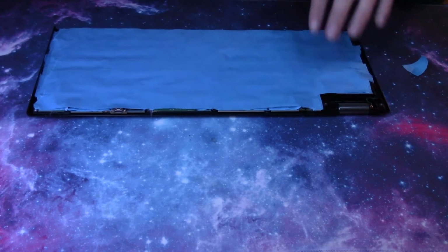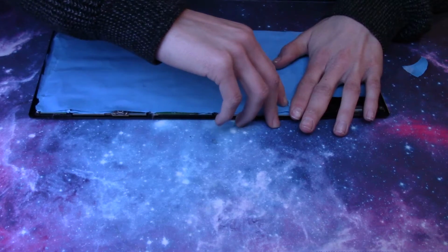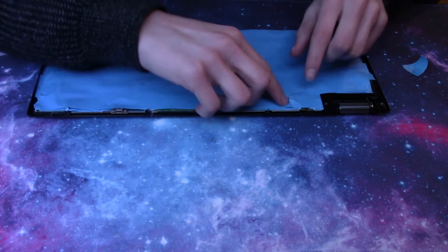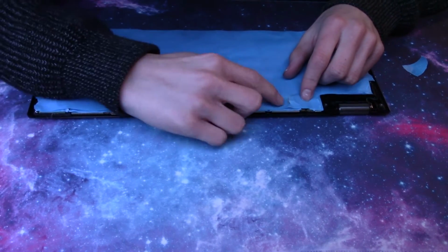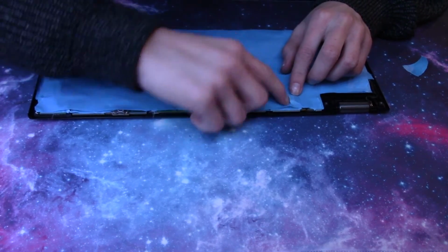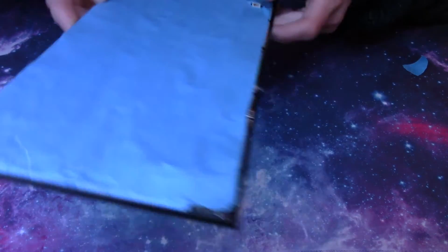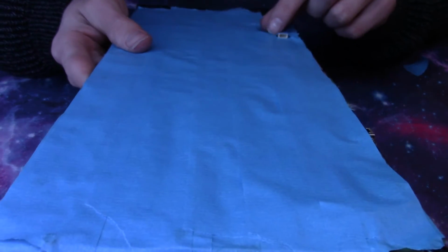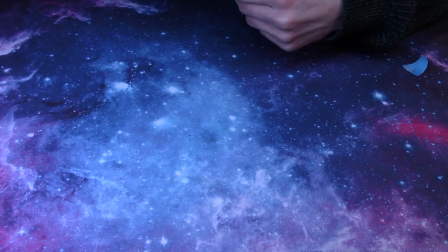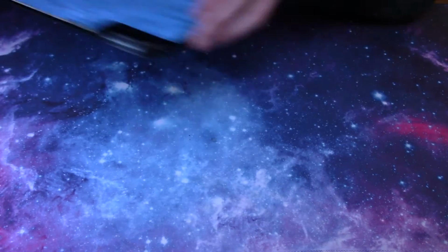Lay it flat, and then you can use your nail and just kind of poke it through like that, or what I did is I took a knife to get it a little more clean, but it's just as fine with your nail as long as you make sure you get it nice where it's not going to be in the way. As you can see, there's no tape in the way, so that will be easy to plug in and there's nothing obstructing it. Now that your PCB is fully taped, you can set this aside and we're going to focus